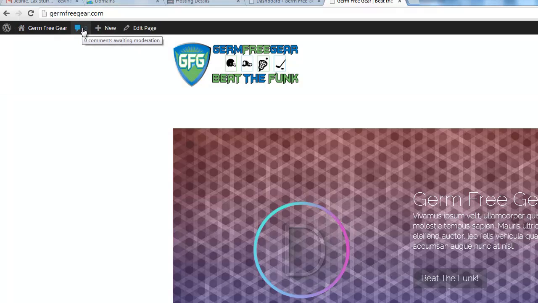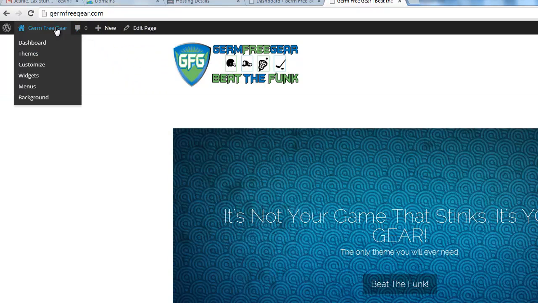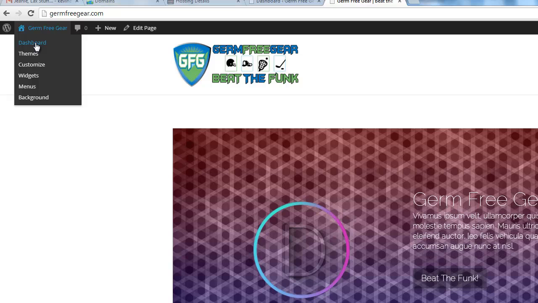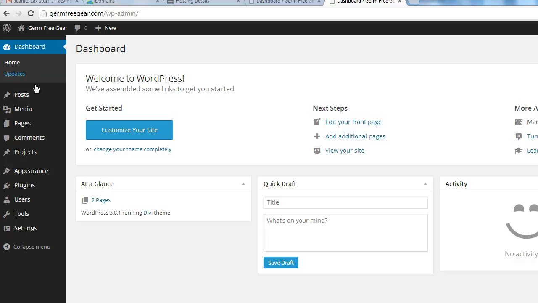I can see comments up here that are awaiting moderation. And then I can access this drop-down menu to see my entire dashboard, or specifically themes or customizer widgets. So let me just go back to the dashboard. In the dashboard,